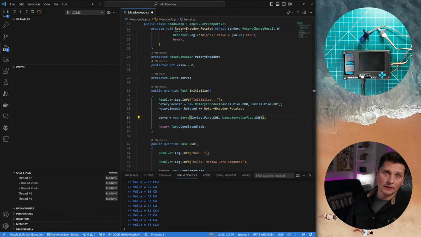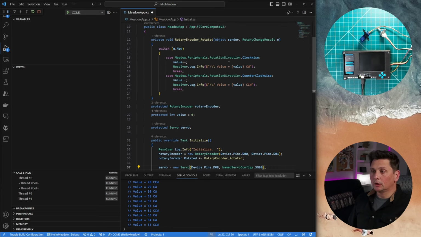The servo is receiving commands, so it's waiting for a PWM command to make something happen, right? So I guess the next thing I need to do is set the angle of the servo based on the angle of the rotary encoder.